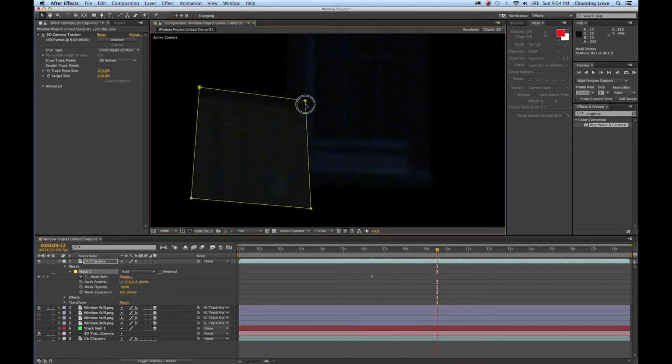All my nodes are selected here. If you deselect them, you can grab individual nodes and move them around. But here, since it stays pretty uniform, I'm going to select all my nodes by hitting Command A or Control A. You'll notice it selects all the nodes. And then I'm going to move 5 frames down,